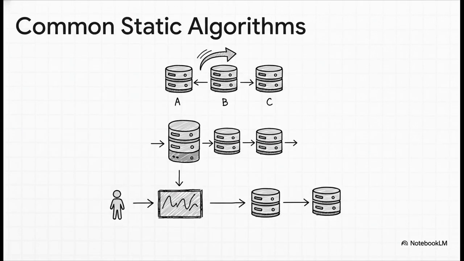The classic example here is called round robin. It's exactly as simple as it sounds. The first request goes to server A, the second to server B, the third to server C, and then it just loops back to A. Easy. Then you've got weighted round robin, which is a little smarter. If server A is a beast and server B is kind of wimpy, you can tell it, hey, send more traffic to server A. And then there's something called hash-based. We're going to dive way deeper into this one in a bit, but the gist is it uses some info about you, like your IP address, to make sure you always get sent to the exact same server every time you visit.